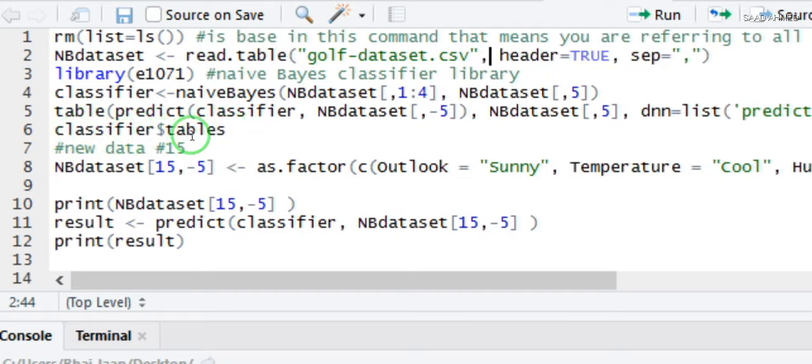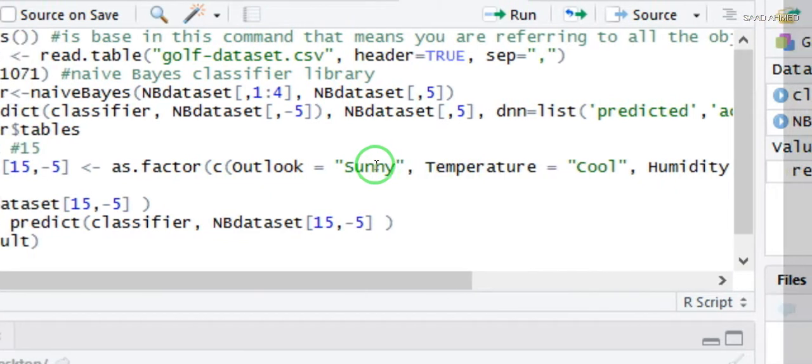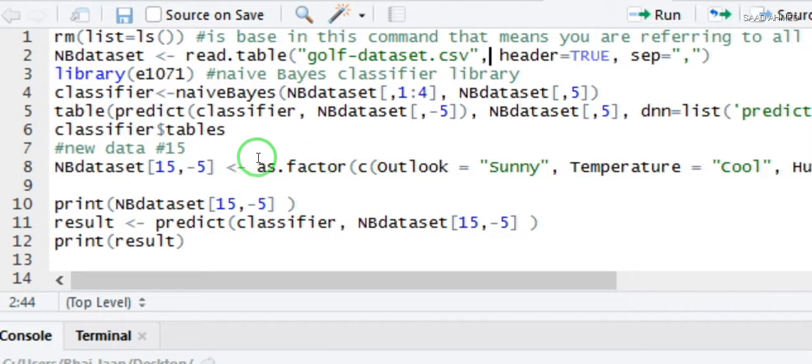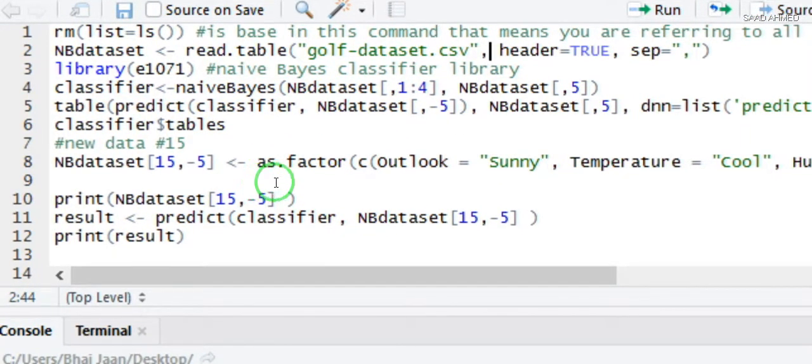and it will be shown in the form of a confusion matrix, which we'll see later on. Then we have this unseen data which we are going to try and predict using the training done earlier. So let's